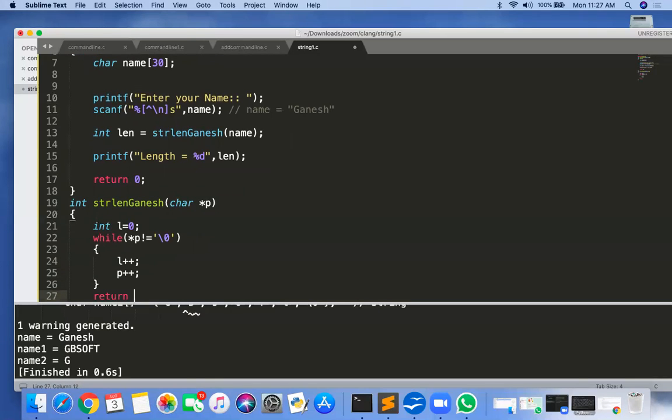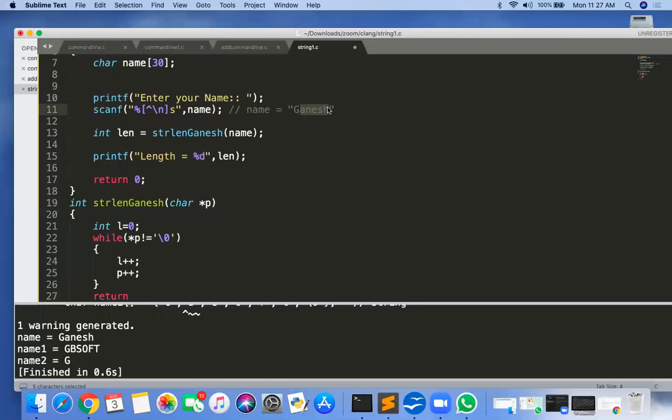First p is pointing to G. Is it \0? No. So L is incremented, L is 1. Now p is pointing to A because of p++. Is it \0? No. L is 2. Like that, L is incremented every time if it is not \0.